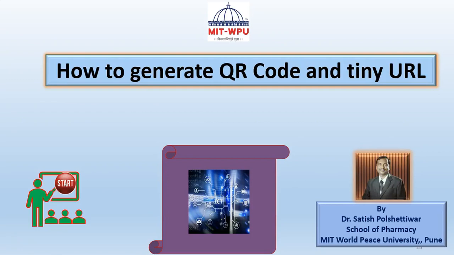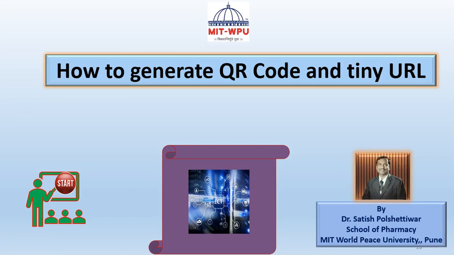Here, today, let us discuss how to generate a QR code and tiny URL. This is very important. So we all know these days the majority of QR codes, that is quick response codes, are scanned with smartphones, that is from your mobile device also. There are tons of free apps available on your Play Store and iOS to scan this QR code, and probably we can use it for both devices with your camera. Most often you simply open the app and it automatically scans that quick response code with a touch of a button. These are very important tools.